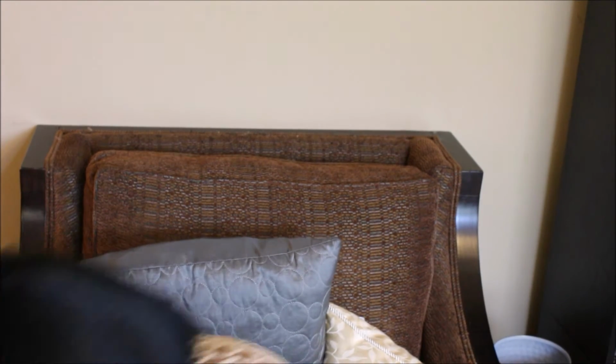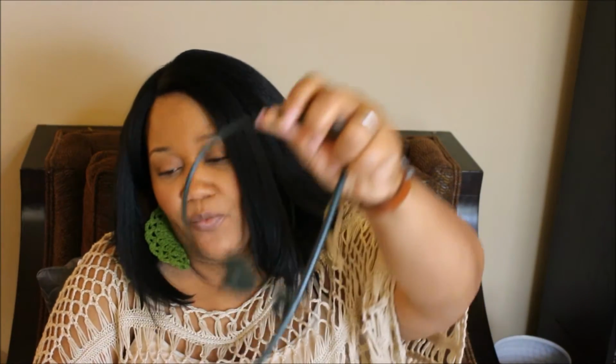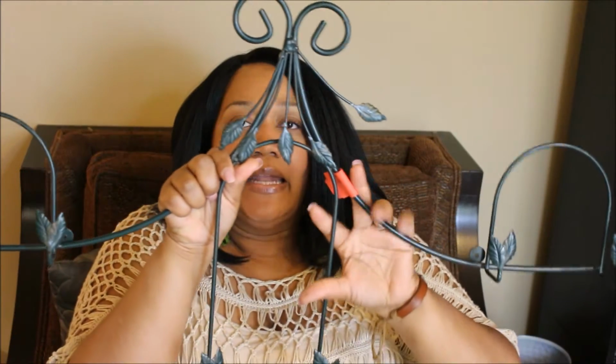Also from the Salvation Army, I was super excited, and forgive me for leaning over. I found this cute metal plate rack, and it looks like this. My intentions were to go to Hobby Lobby this week to check and see, because I didn't get the paper this week, and I hate I didn't, to see if they had their wrought iron and metal wall hangings and stuff like that for 50% off, because usually once a month that stuff goes on sale. Well, anyway,